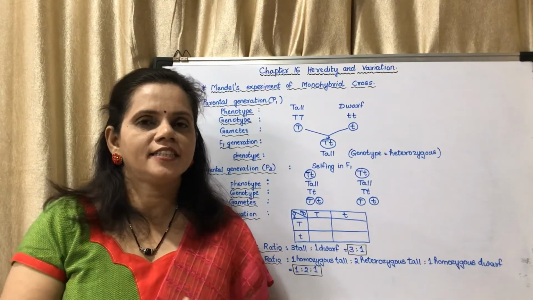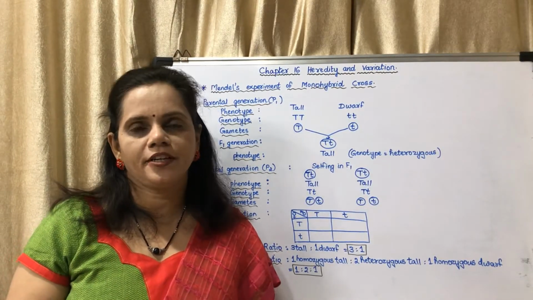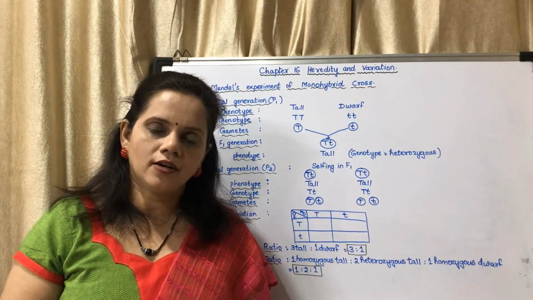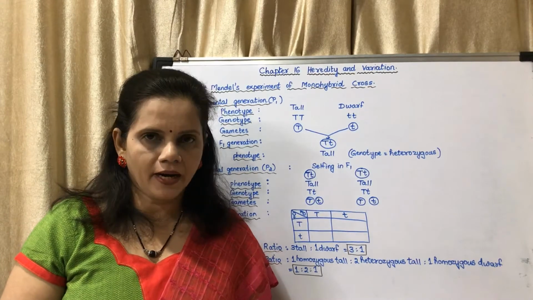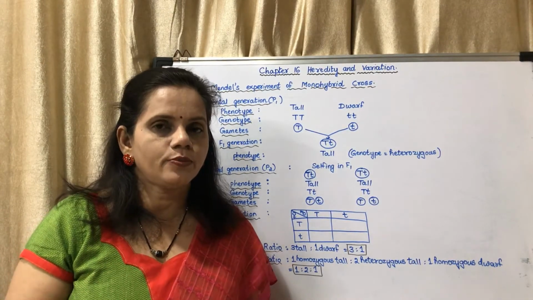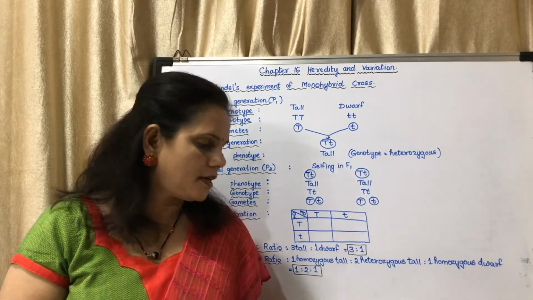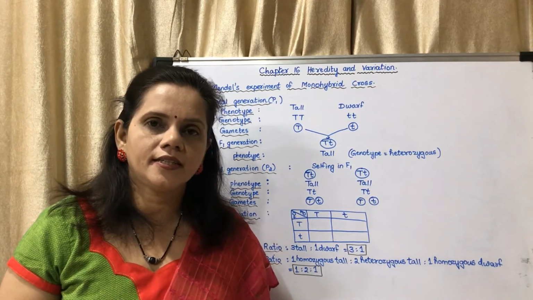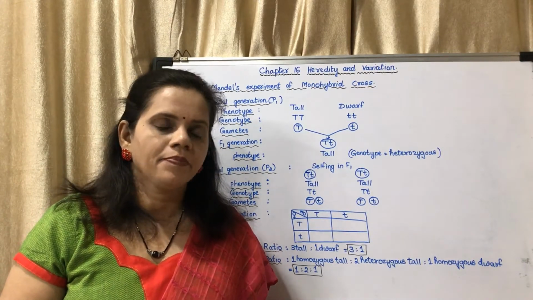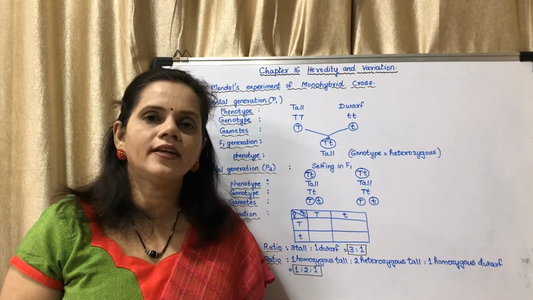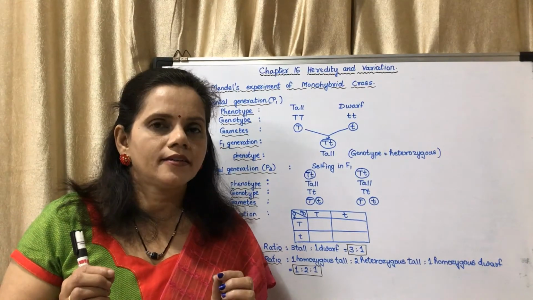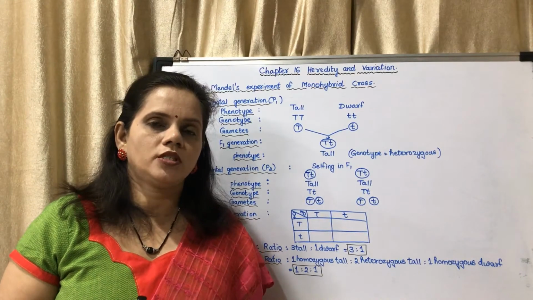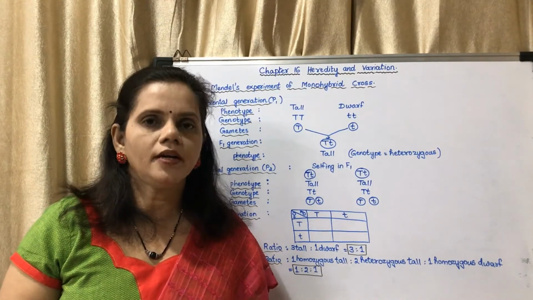Now we may move on to the next topic, that is monohybrid cross. Now the next is Mendel's monohybrid cross. In monohybrid cross, he studied about one characteristic, that is height of the plant. We had discussed what were the characteristics he studied about. It is in a figure, the table 16.7. He studied about 7 characteristics. Out of those characteristics, the characteristic height was studied for monohybrid cross.